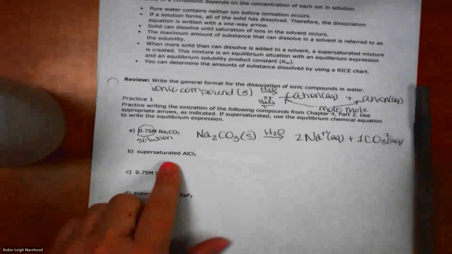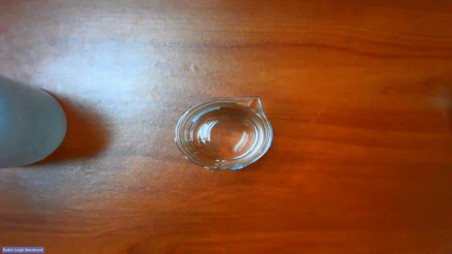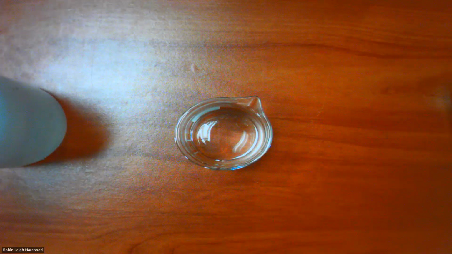So our next question is, what do we do if it's supersaturated? If it is supersaturated, then we're going to have more solid than can dissolve. What that would look like, I've just got 3 little specks left. Okay, so you see how that's mostly clear right there? Just let me move the white paper out. Nice. You can't see. It looks all dissolved. And so that is visually what you should think when you see a one-way arrow when it's a solid dissolving. If it's one way, that means you do not see any solid. If it is supersaturated,